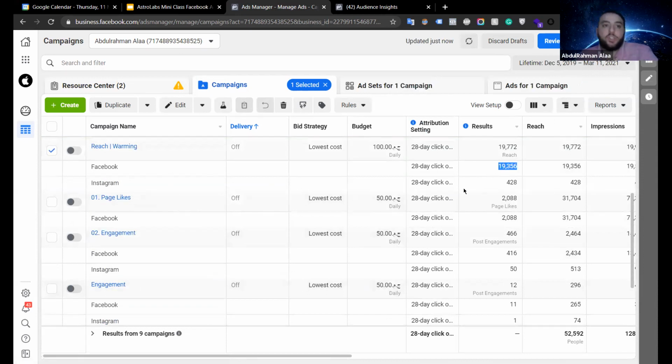Like here, it's obviously this campaign is reaching more on Facebook than on Instagram. So you need to test, and then after testing two or three times, choose a specific platform and spend your budget on it.